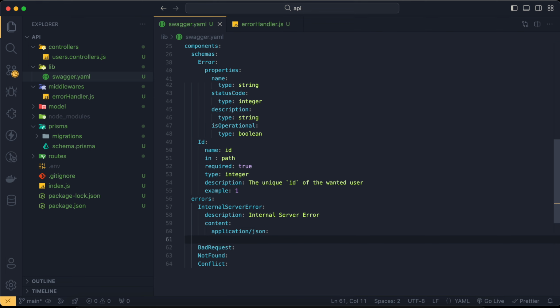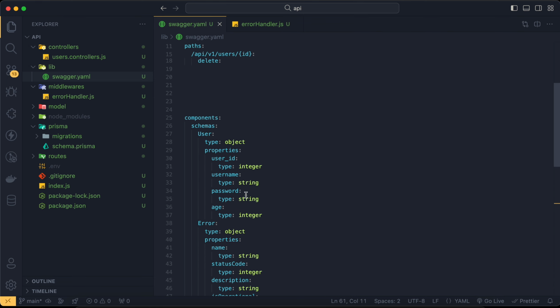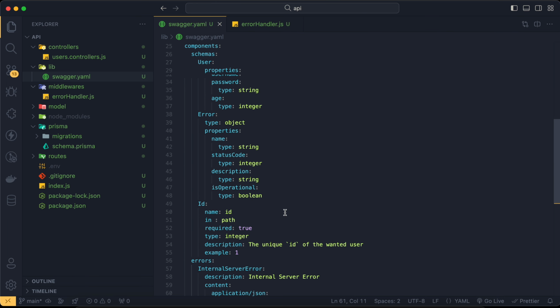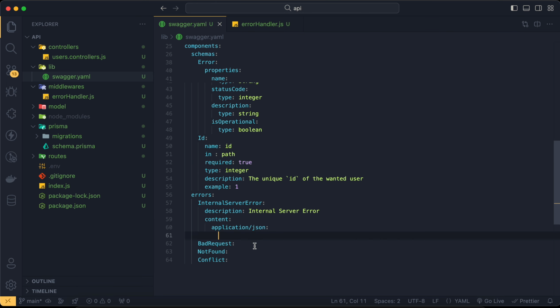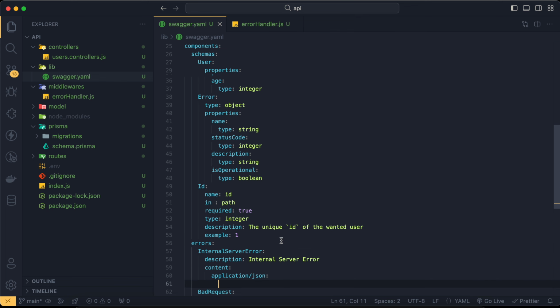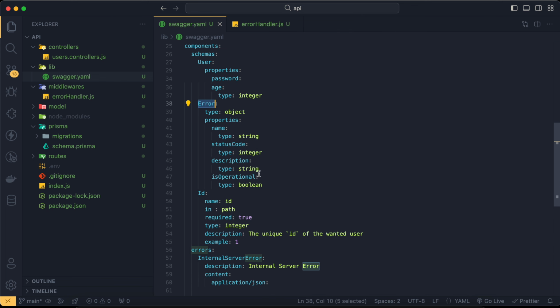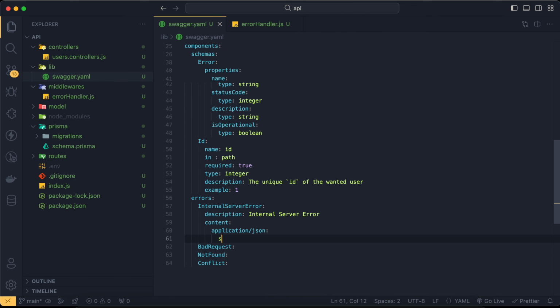Alright, and here what we want to do, so this is where these components come in handy. So instead of writing this schema manually, what I'm gonna do is just reference it from this error that we define here. So what I'm gonna say is schema, and